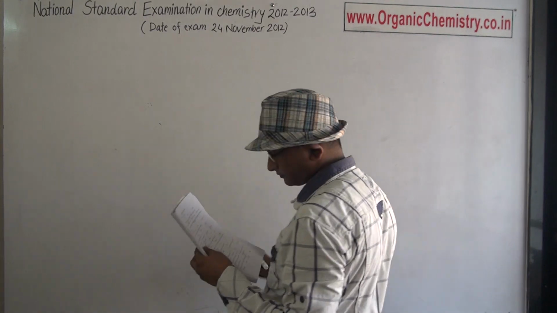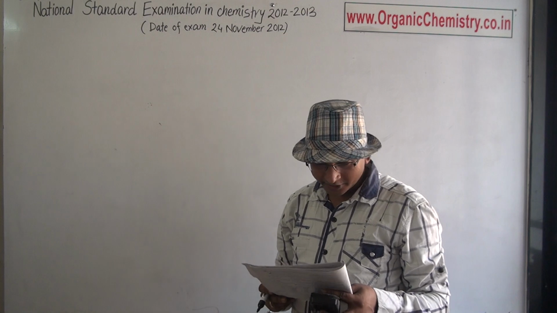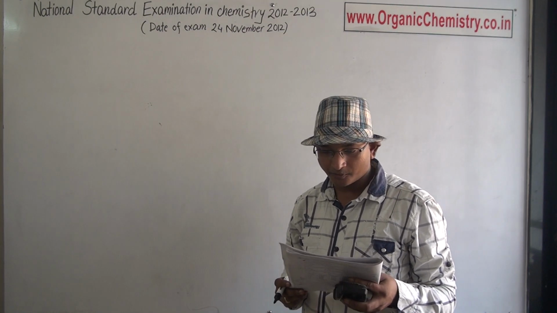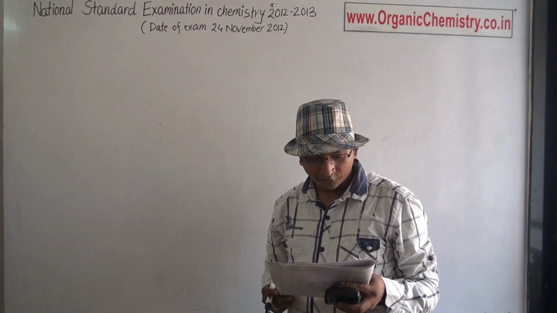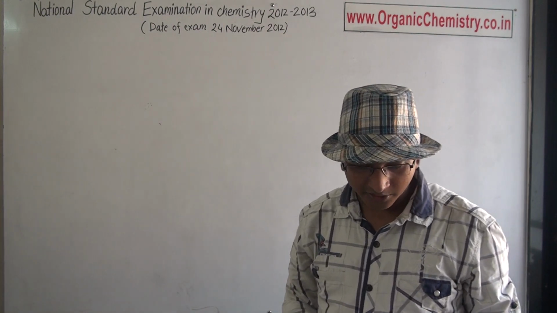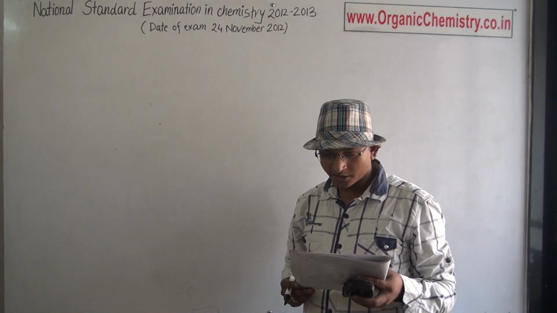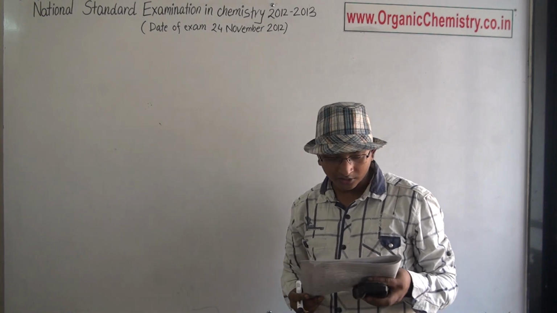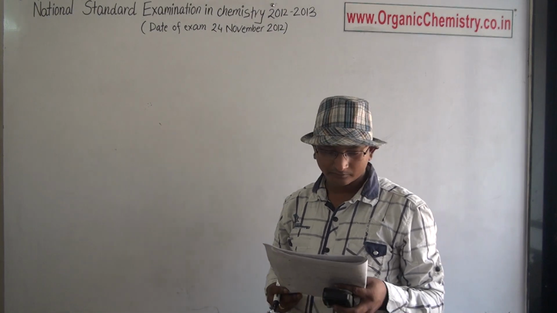Next, again of spectroscopy: the widest range over which electronic excitation in organic compounds occurs is? First option is 220 nanometer to 500 nanometer, second 200 nanometer to 780 nanometer, third 290 nanometer to 1000 nanometer, and last 250 nanometer to 700 nanometer. It is based on the data and the answer is 200 nanometer to 780 nanometer.